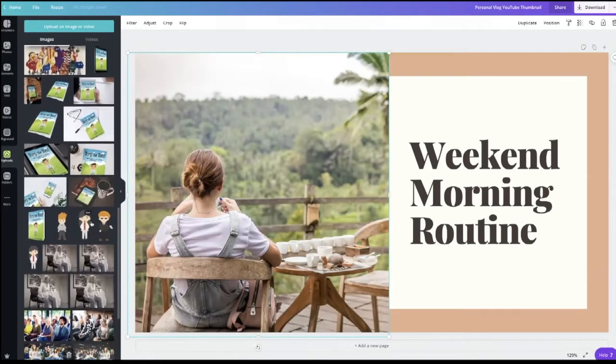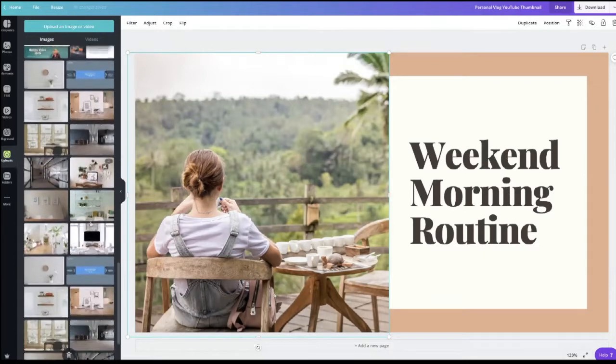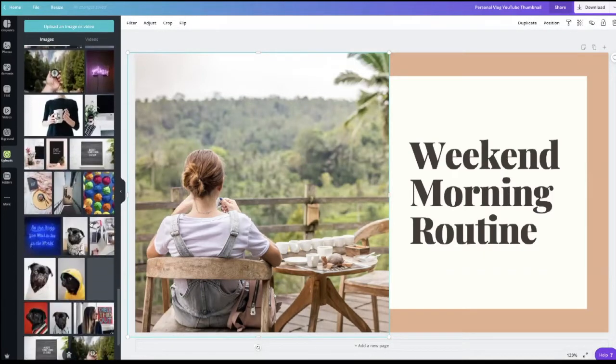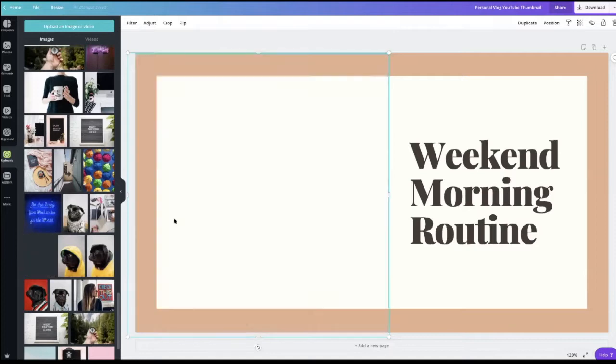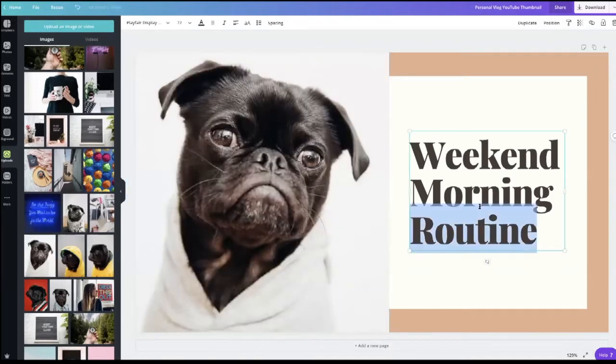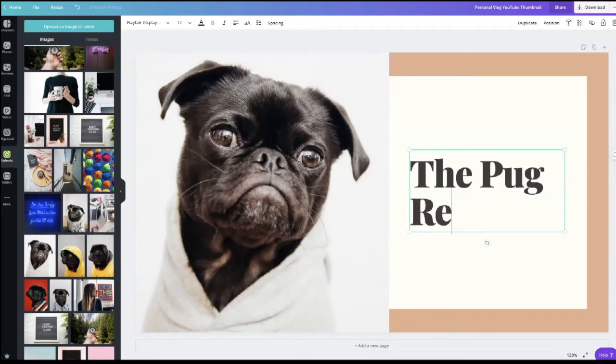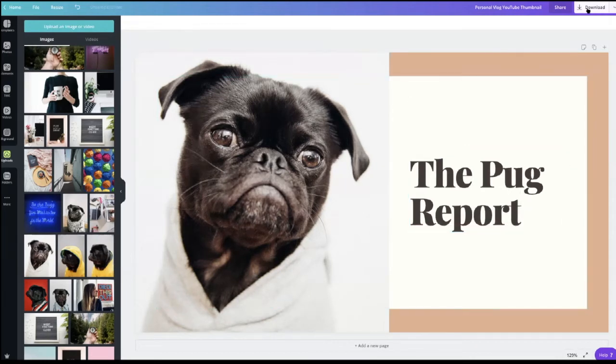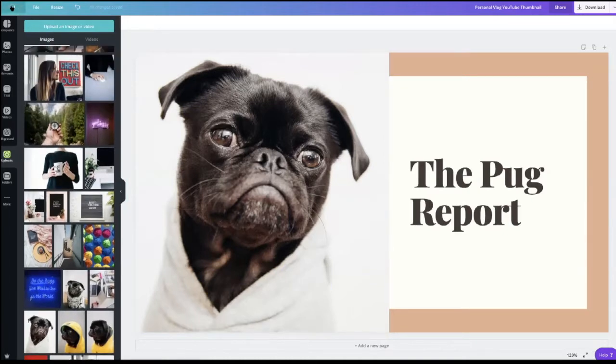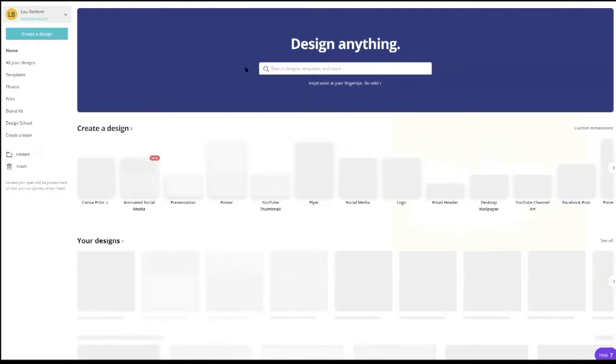If I was doing a video, I might just use my own image in some cases, or maybe I'd put the pug in there. So I just change the text. Oops. It's not that difficult to do in Canva, and then you just download it and output it using their templates. But the way I do it